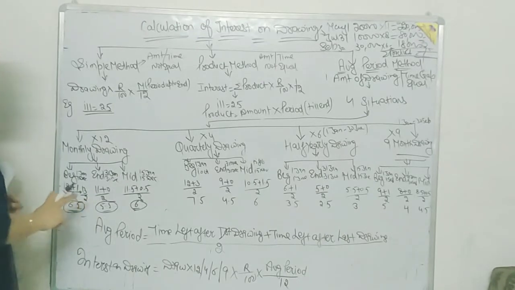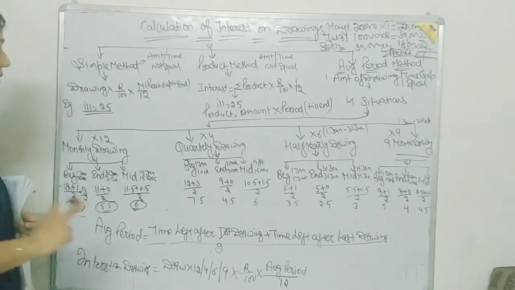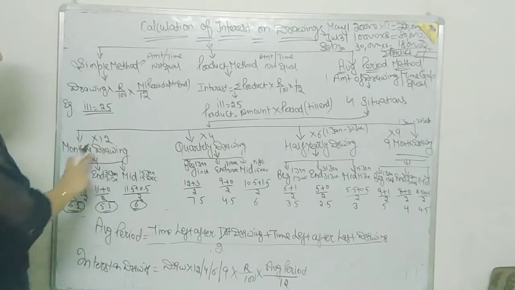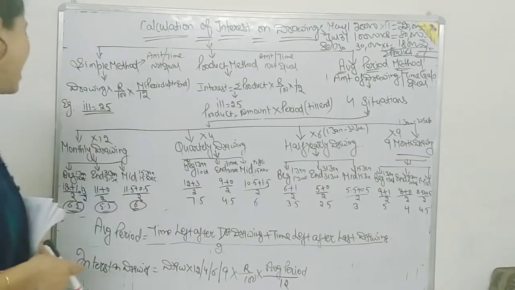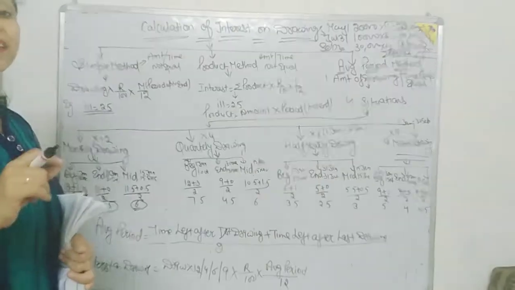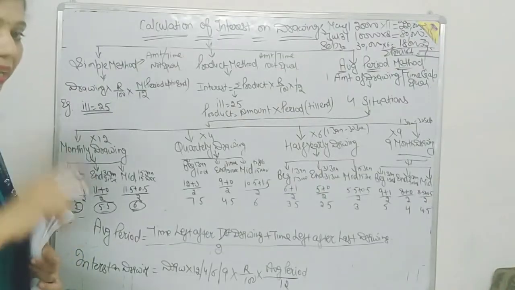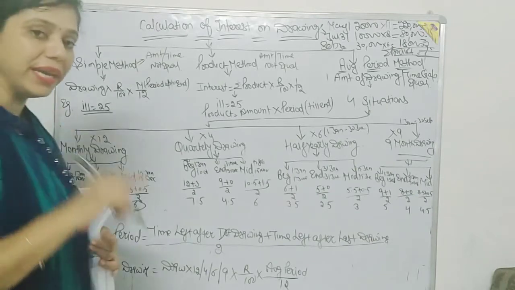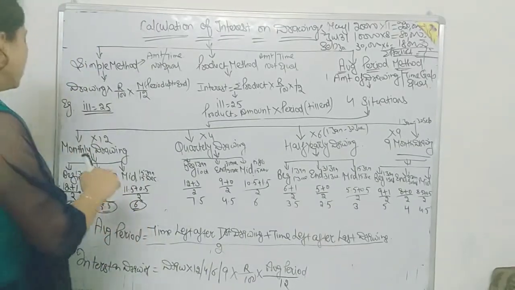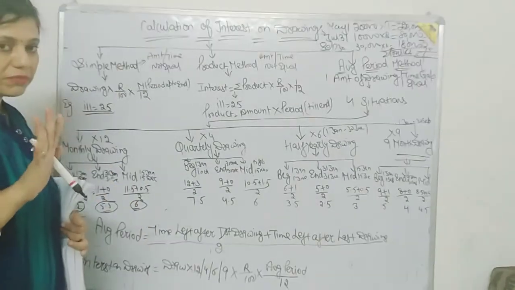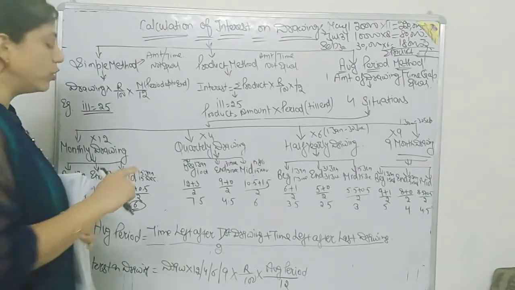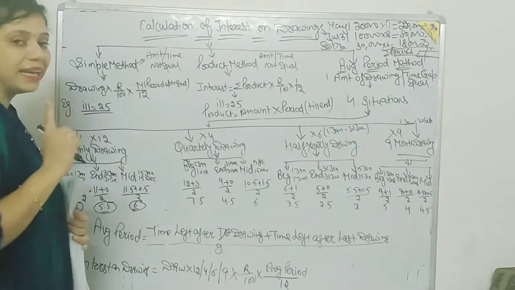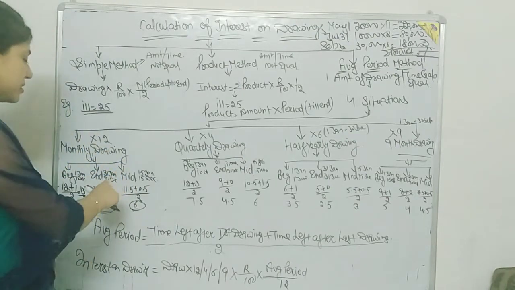That means 6.5 is the average period in case of monthly drawing at the beginning of the month. Next we have when drawing is made at the end of every month. Again I am doing the same step, so understand properly. 1st January to 31st December. Here we have the end of every month. So the first drawing is made on 31st January, and the last drawing is made on 31st December.